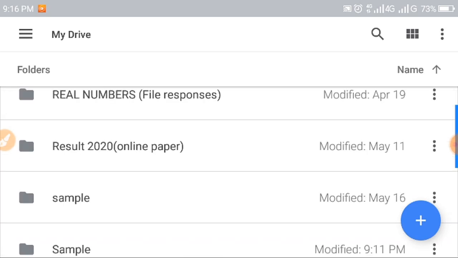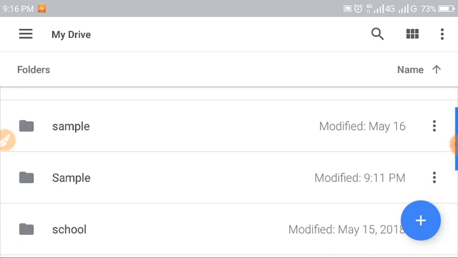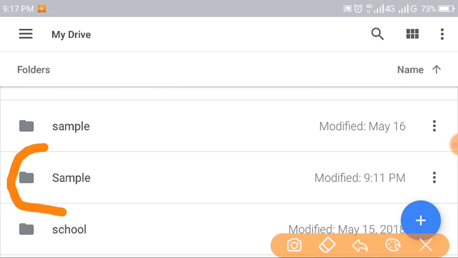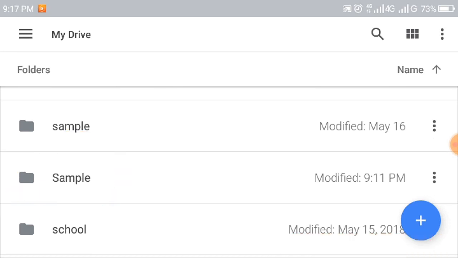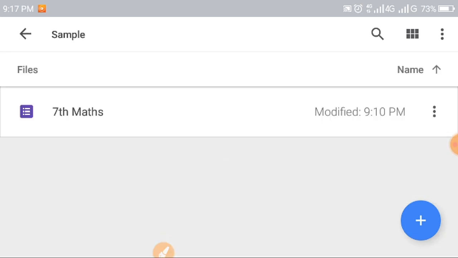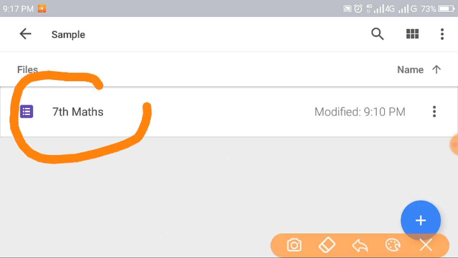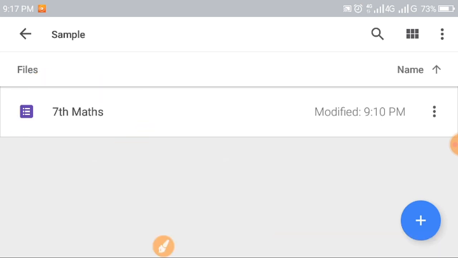So our folder was sample. Click on it. You can see this is our folder. Click on it and inside the folder you can see your paper, that is 7th maths.